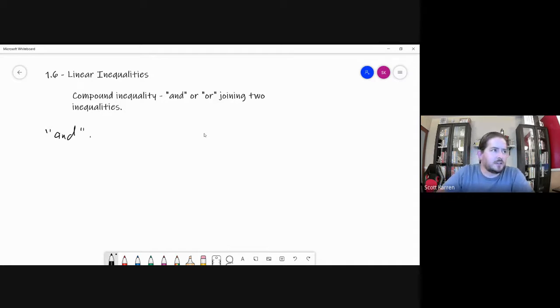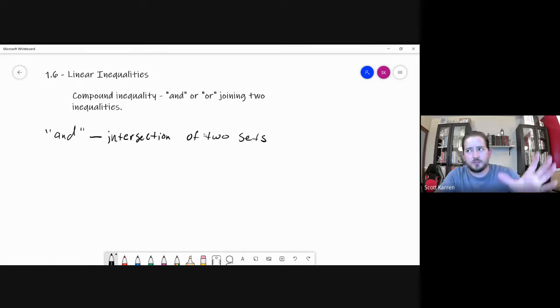So if we see and, we're talking about the intersection of two sets, meaning the solutions have to satisfy both conditions. So we're going to have two inequalities that are going to come down to two conditions, and whatever your solutions are have to be the numbers that solve both of those conditions, or that make both of those conditions true,